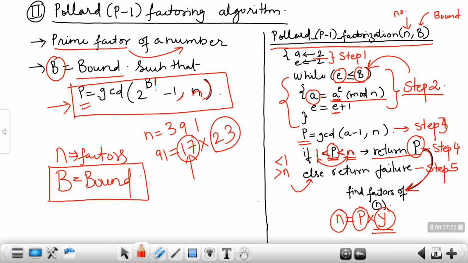Okay, using Pollard's p minus 1, we cannot find the factors of all numbers. Please keep this in mind. So using Pollard's p minus 1, you cannot find the factors of all the numbers. So always keep that in mind. Using this method, it is not possible to